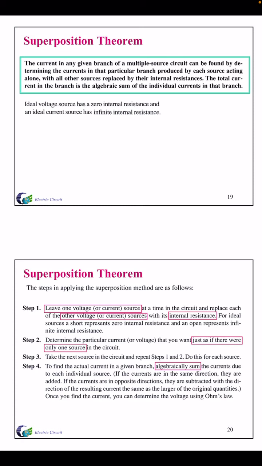This type of theorem makes our task easy for electronic circuits, for complicated circuits. So this is the first theorem, and we will also discuss other theorems later in our next lecture. But in today's lecture, for the superposition theorem, we have discussed its statement and the method and steps, but you will understand it better by an example. So we will take an example and then you will get it.